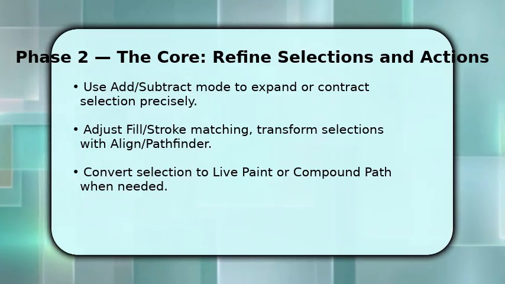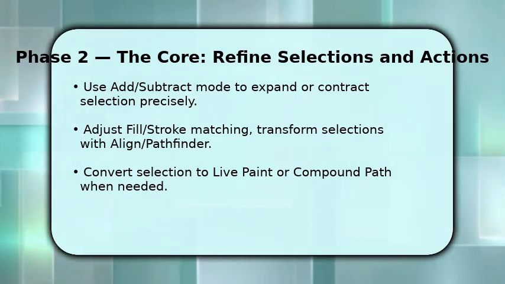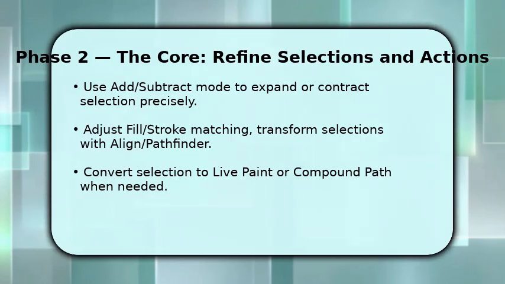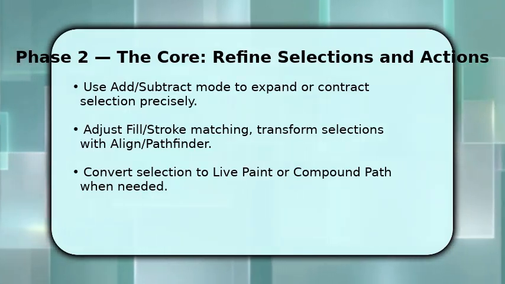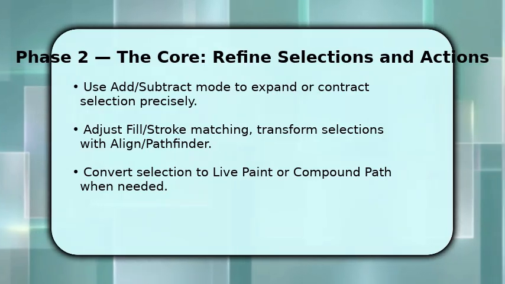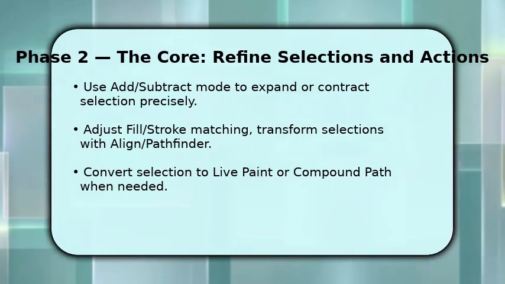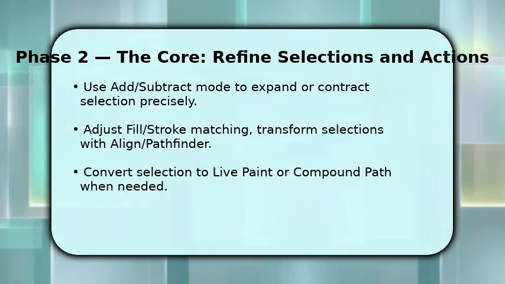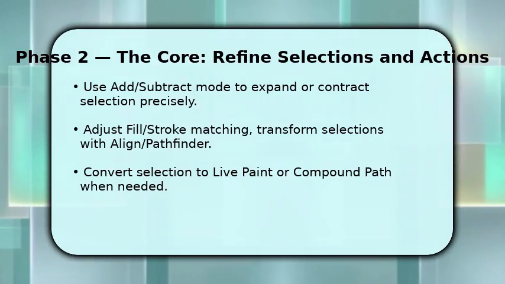Then, change fill or stroke, use align to distribute pieces, and employ Pathfinder to merge or cut shapes cleanly. If you need color edits, convert the selection into live paint or make a compound path to preserve edges. Make sure to use keyboard modifiers, Shift, Alt, Command for rapid toggling, because that speed transforms a fiddly task into